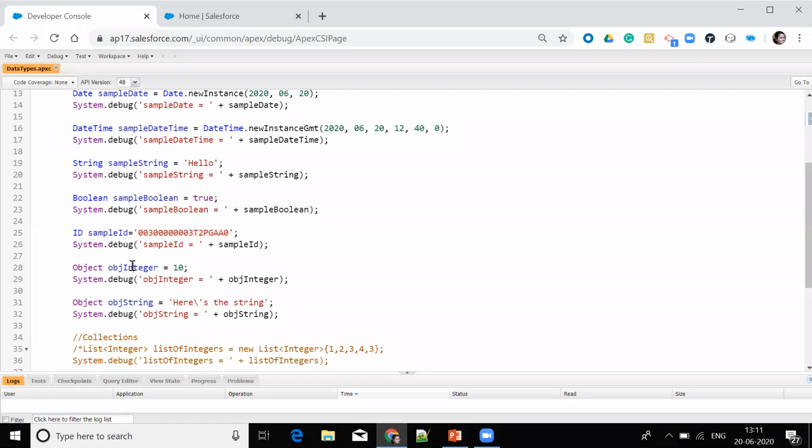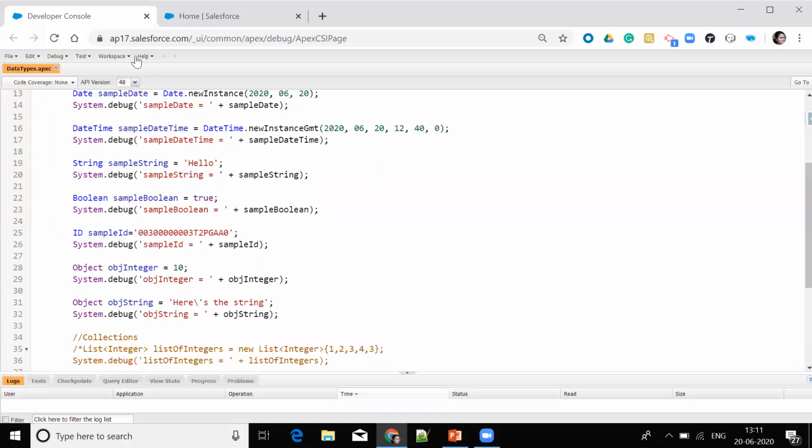Object. So object is a special data type because it can store any type of values. Here, firstly I have stored the integer type of values into the object data type variable, which is obj integer. And here I have stored the string type value into the same object data type with obj string as a variable.